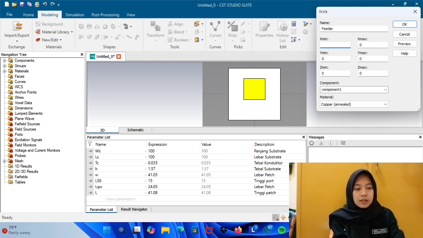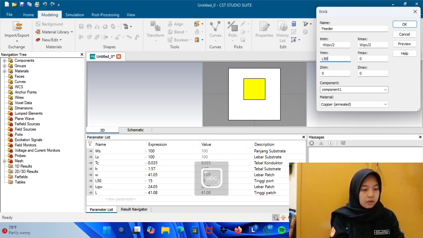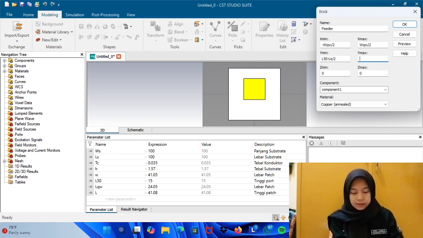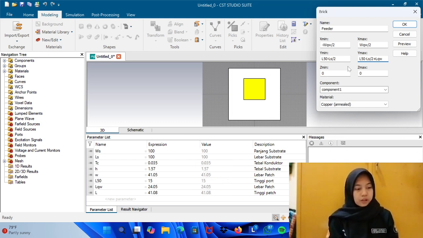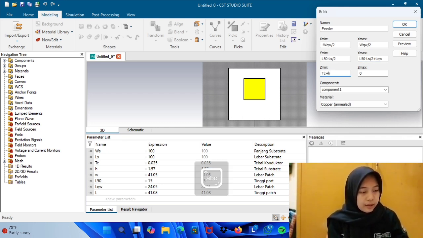You give the values: Xmin minus WQ/2, Xmax WQ/2, Ymin minus LS/2, Ymax L50 minus LS/2 plus LQV plus LQW, Zmin TC plus H and Zmax TC plus H plus TC.